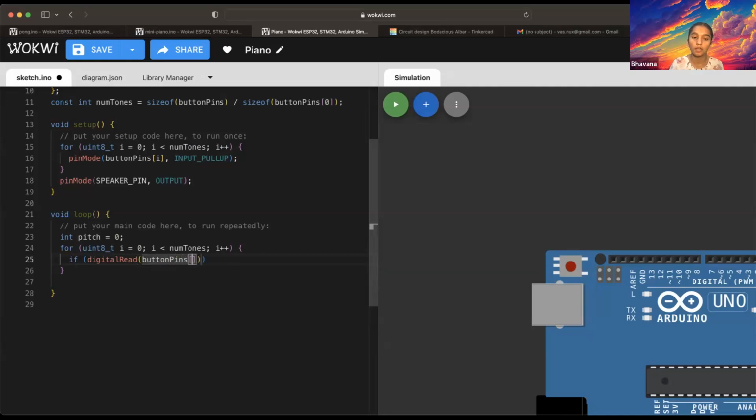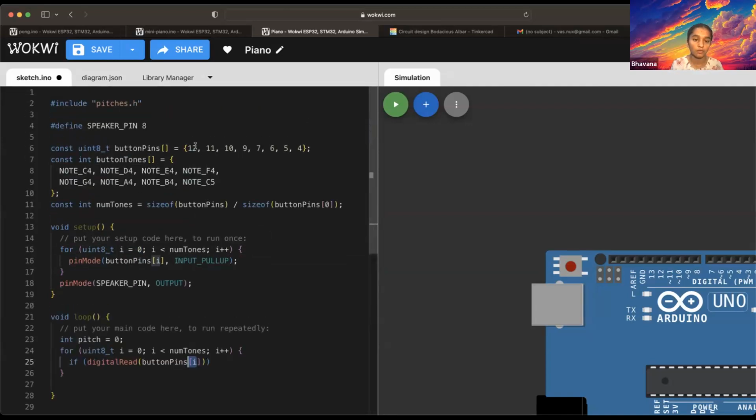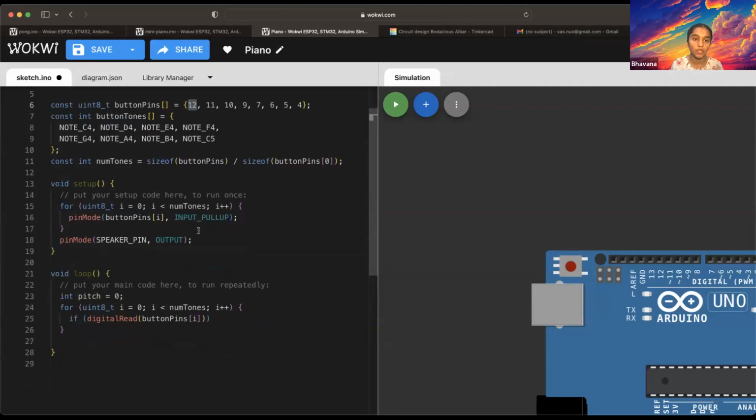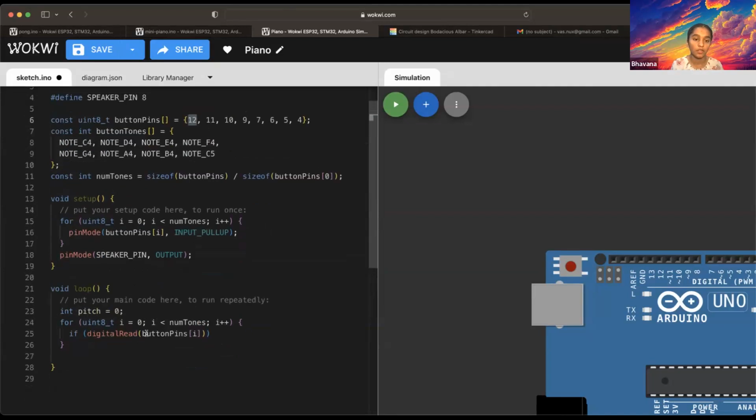and then we're trying to get a value, so it's i, since we're in a for loop. So we start at 0. If digitalRead at 0, that's the button pin, this value is 12 for the first time. And then